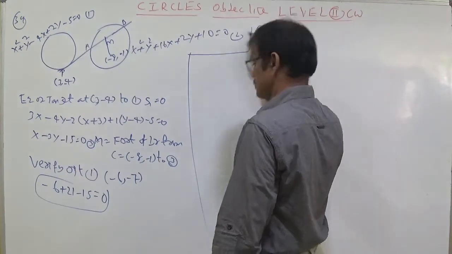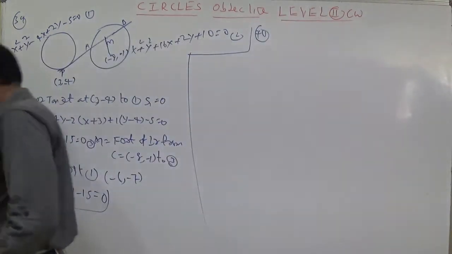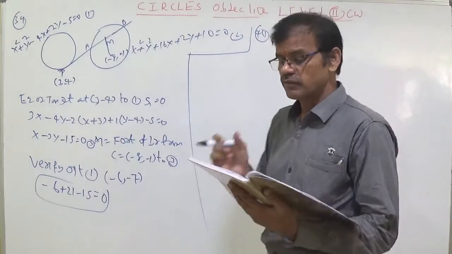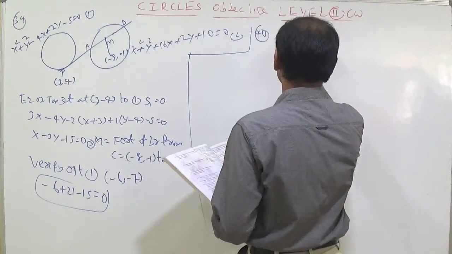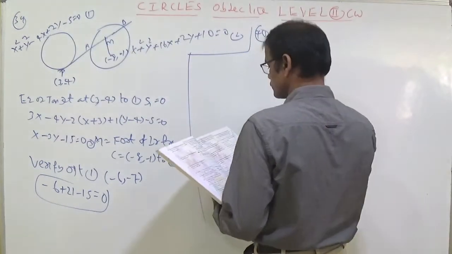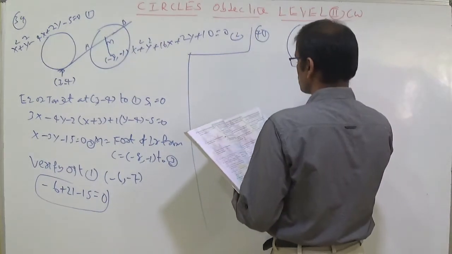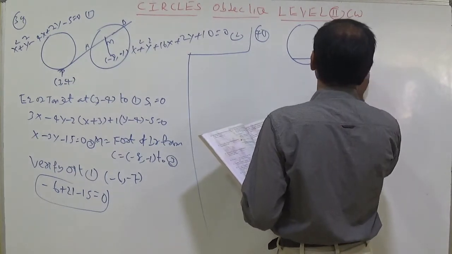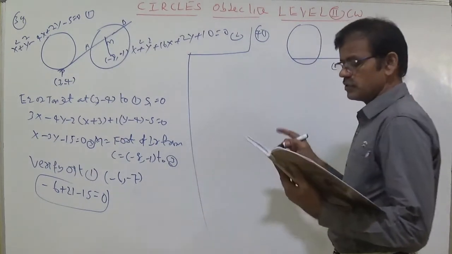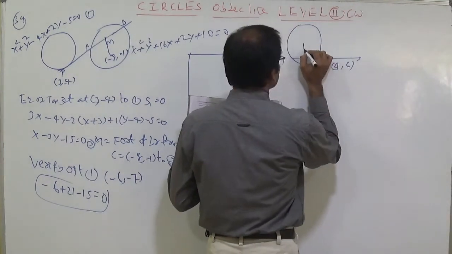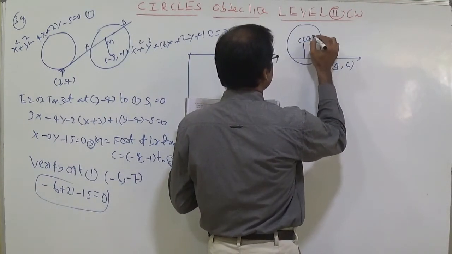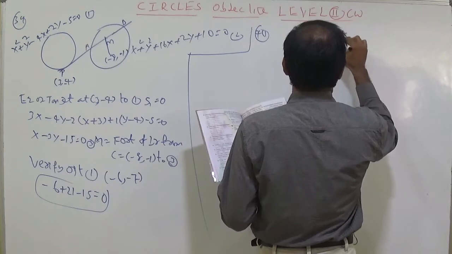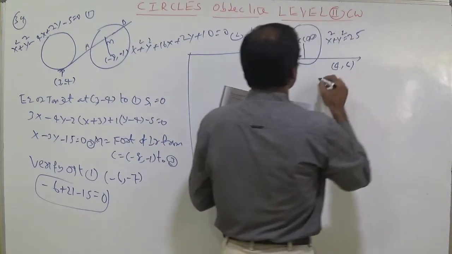Now let us discuss question 40. The locus of midpoints of chords of the circle x² + y² = 25 which pass through the fixed point (4, 6) is a circle, then find the radius of the circle. Already yesterday I said this, using (2, 3), the same concept we can use. I say a shortcut also: put C here (0, 0), because for the circle x² + y² = 25 the center is (0, 0).